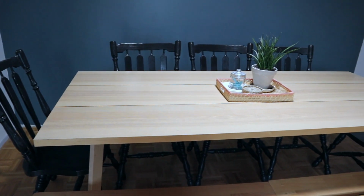But that wall looks really, really nice against the black of the fan and the black chairs. And then I have the IKEA table right here and the benches in the front. There is an extra chair, but I don't want to put the extra chair on there. I want to make use of the benches because my goal was to get rid of the galvanized metal industrial farm looking chairs. Even though those came with the table and they look nice, they weren't exactly the look I'm going for, but I really like how the black chairs pop against the